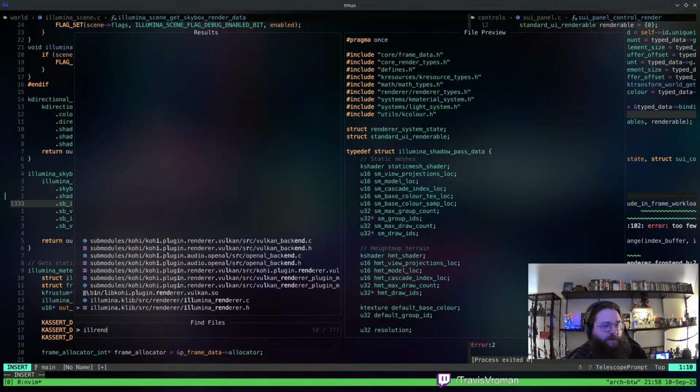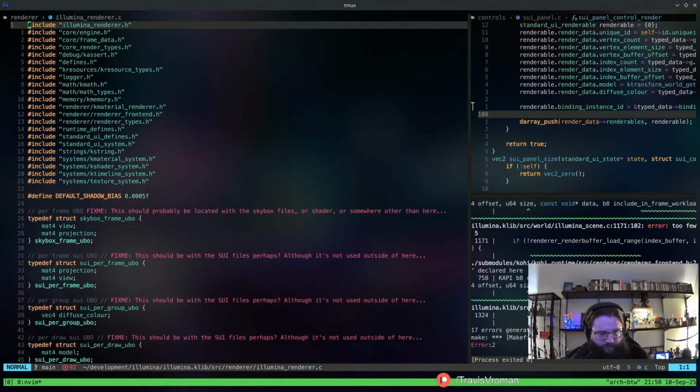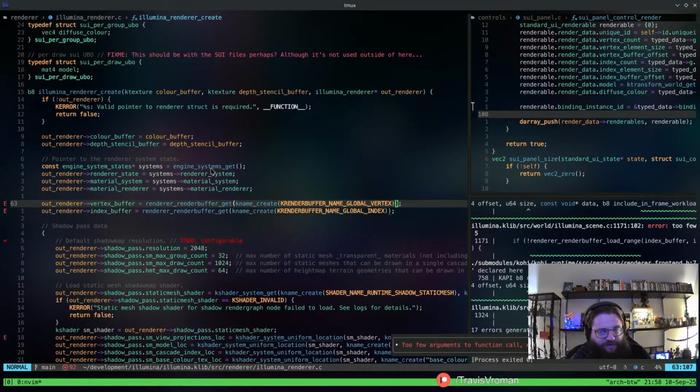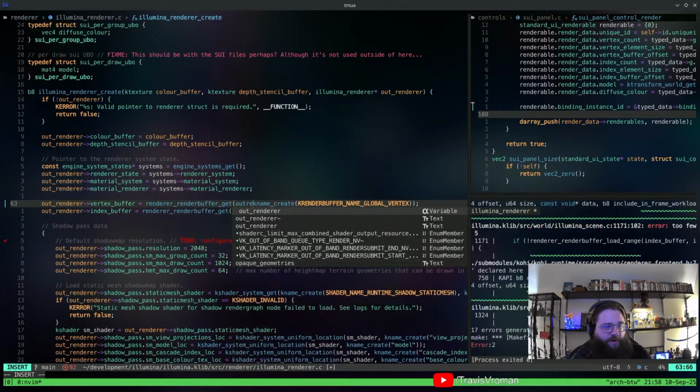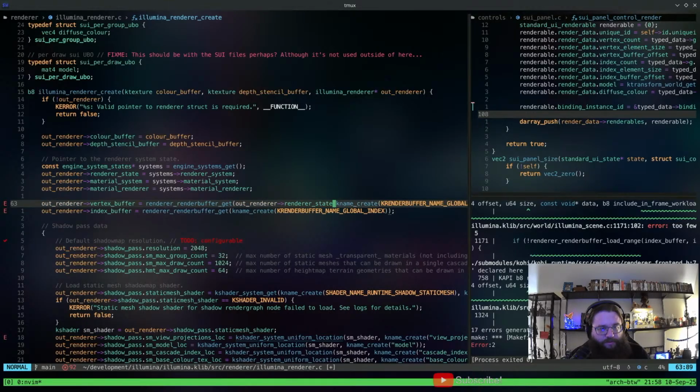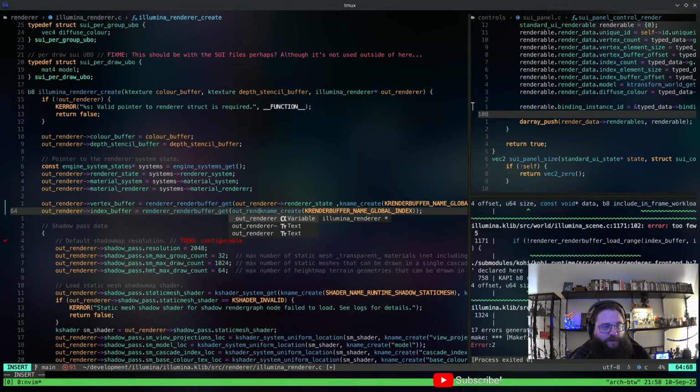Okay, so Illumina renderer. 92. I bet a lot of these are fallout from the renderer interface change, though, so I'm not really going to panic about that, right? We also do have that stored, which is nice. So here I can do out renderer, and then renderer state. And then here, out renderer, renderer state.